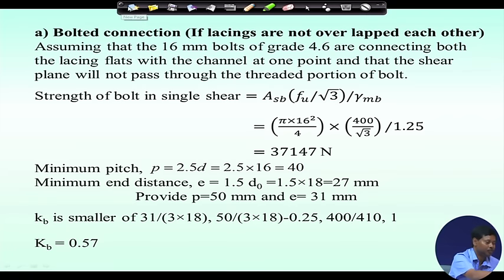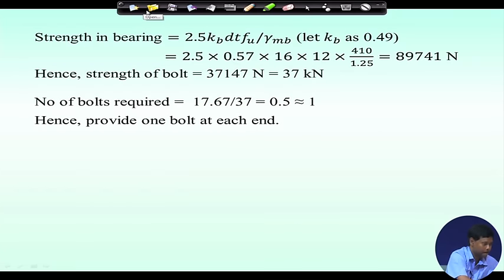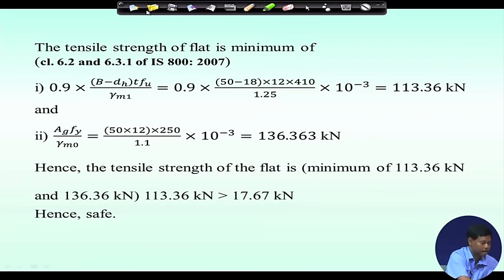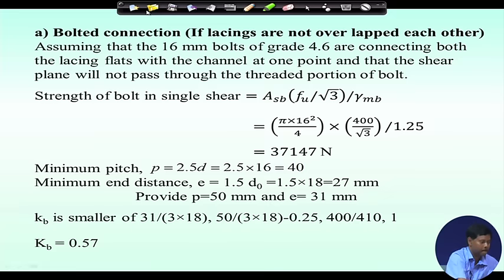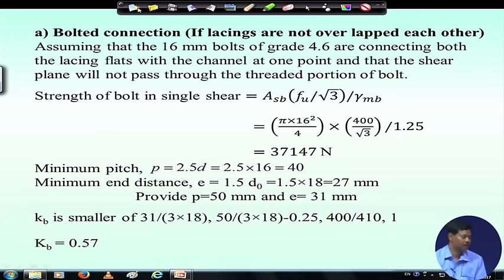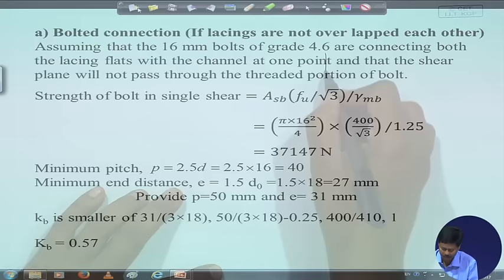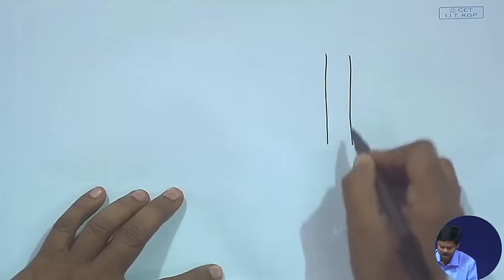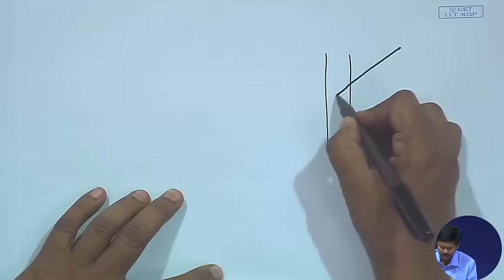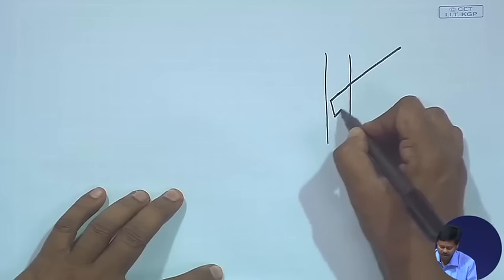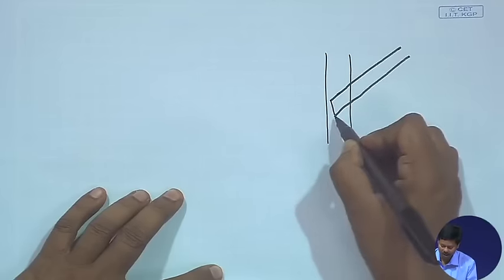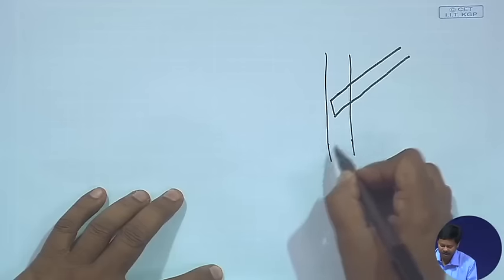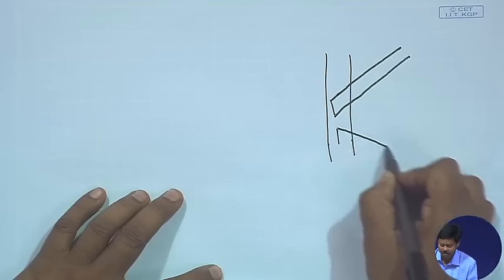Now, we will come to bolted connections. First, we are going to consider the bolt connection when lacings are not overlapped on each other. That means, when our case is like this, say suppose this is a vertical column member, and lacing is provided in this way with a certain inclination, and this is not overlapped. That means, separately it has been joined like this,